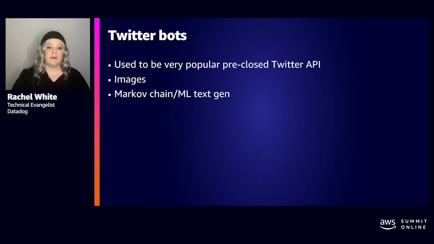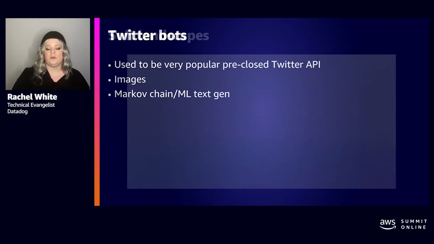Lastly, I want to tell you a little bit about some background for Twitter bots. They used to be very popular a few years ago before Twitter made it so that you had to apply for a developer account in order to have access to their API. There are typically two kinds of bots. Some are generative image bots and the other are text-based, either tweeting out random words mashed together or Markov chaining data from various corpora. It was a great way for people who may not be exceedingly technical to get their hands on some code and try things out, and people made a lot of tools that made it even easier for people to accomplish the art that they wanted to. I'm going to tell you a little bit about my favorite bots and resources if this is something that you would like to explore more on your own.